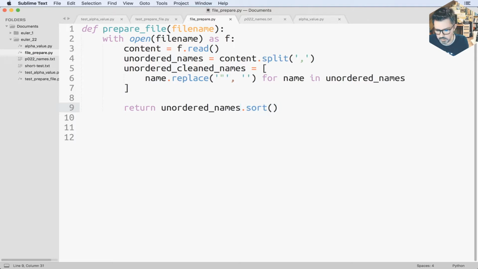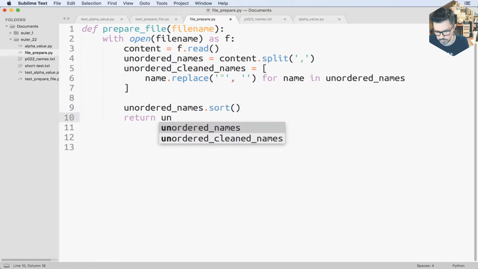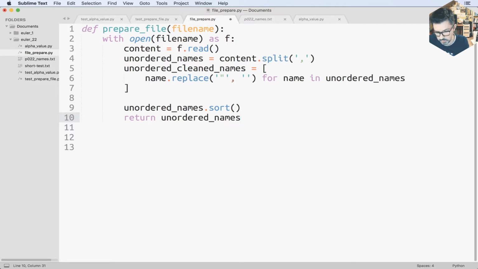So unordered names has been sorted, but the execution of the sort method returns None, and this is what I'm returning. So either I do the sort and then I return unordered clean names, which is fine, but it looks a bit